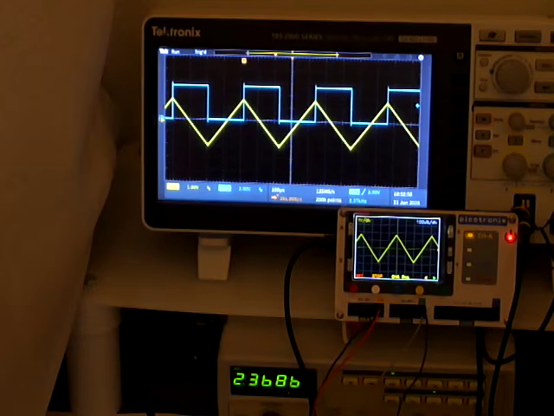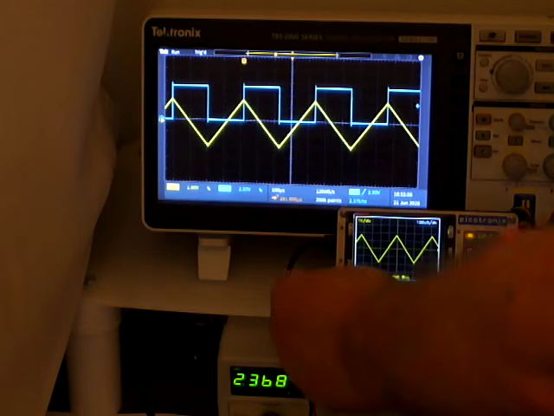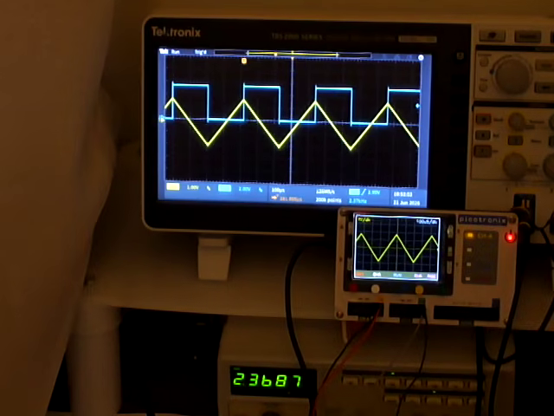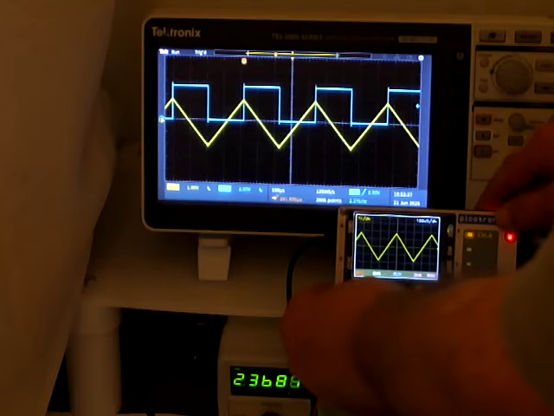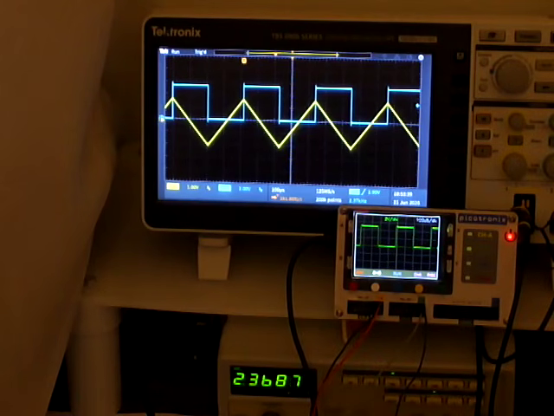So to get to that menu, we're going to press the Set button. When you press the Set button, the bottom bar goes grey and the function of the buttons change. So this is like a meta menu, and what this does is that the first button allows you to select the channel. So at the moment we're looking at channel A. So we'll press that. That takes us to channel B. So the next one